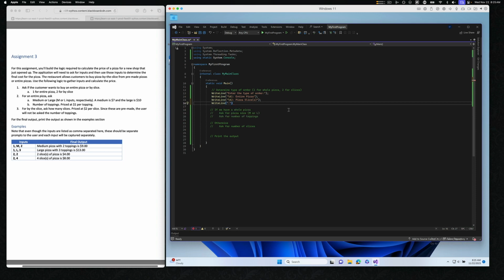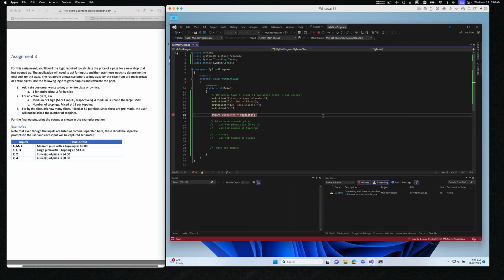Let's put this with maybe an arrow, space, like that. And then we will ask for string pizza type equals read line. Now there is a slight problem with this that I'll show you here, but at first we'll put a breakpoint so we can see the problem. So we'll run this,